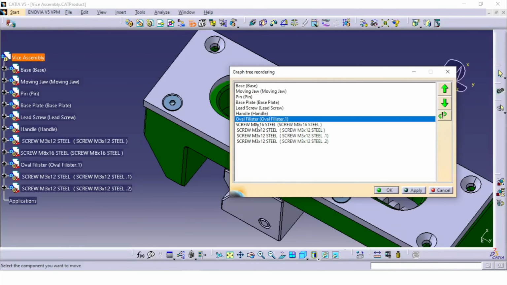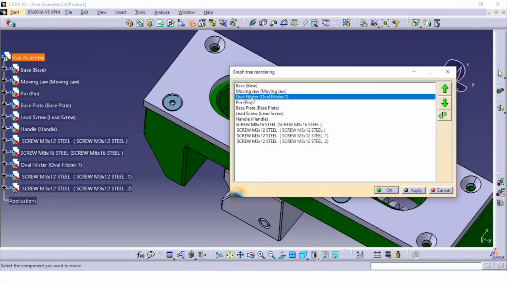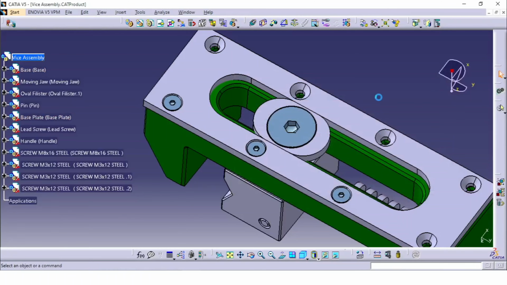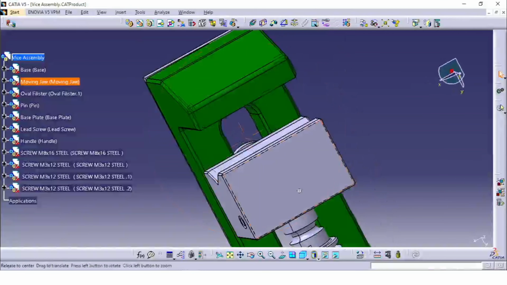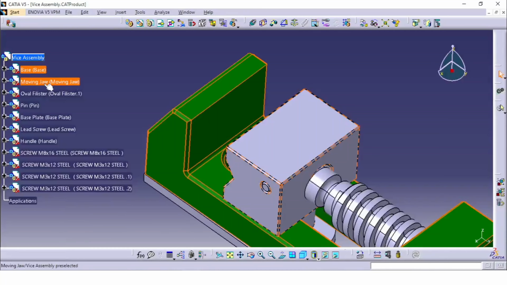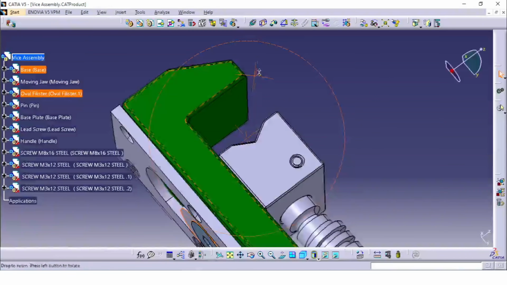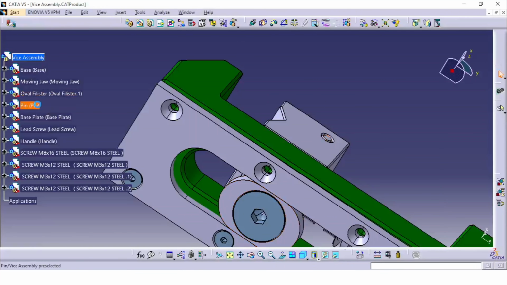Here also, what I can do is click here and here on another one, move the selected product, click here and click on the pin, then it will go directly to this one. You don't need to use the arrow as well. If I say apply and click on OK, then you can see your product structure tree is arranged according to your requirement. Like here, base, moving jaw, oval fillister, pin,